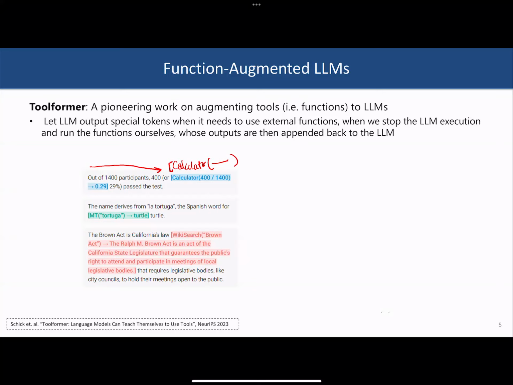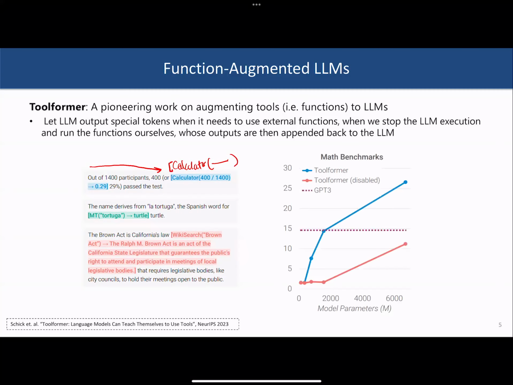So this kind of intervention allows us to use tools. And this really unlocks a lot of really interesting work. Just to show you this plot, by using the tool, you're able to significantly improve the performance on math problems. And this has started a lot of interesting applications of different tools: function calling, API calling, etc.